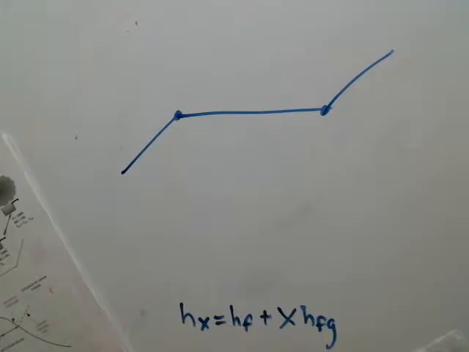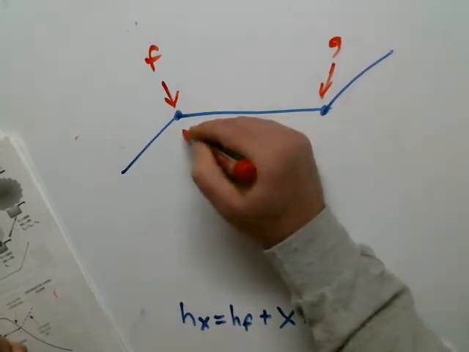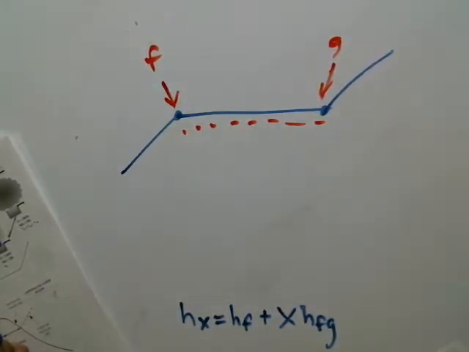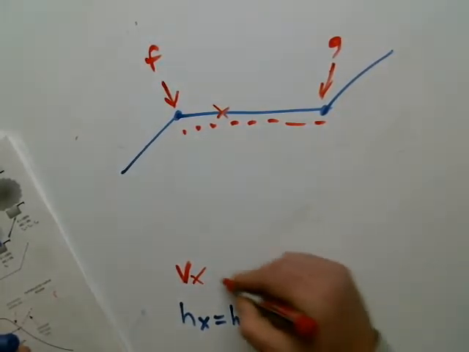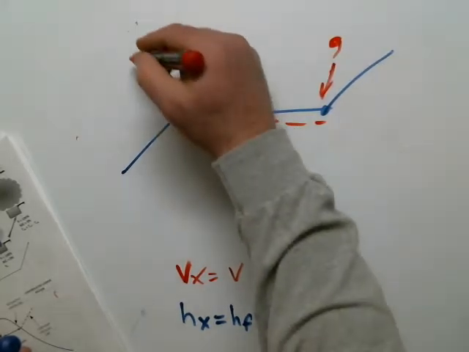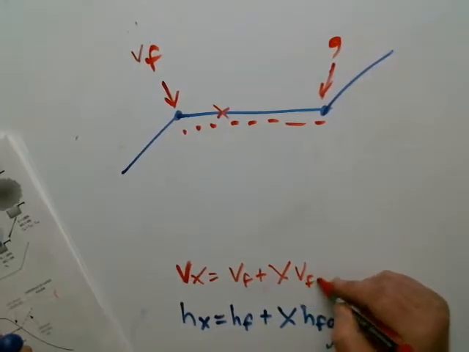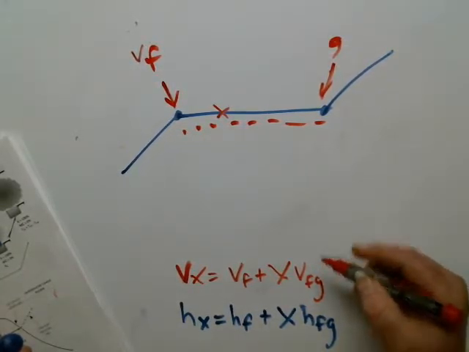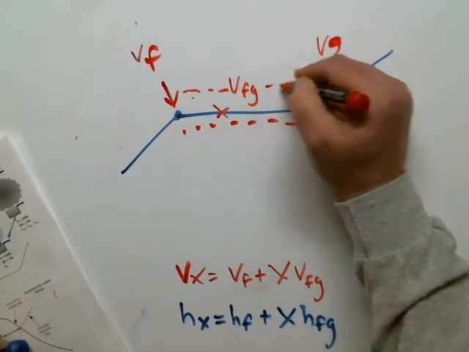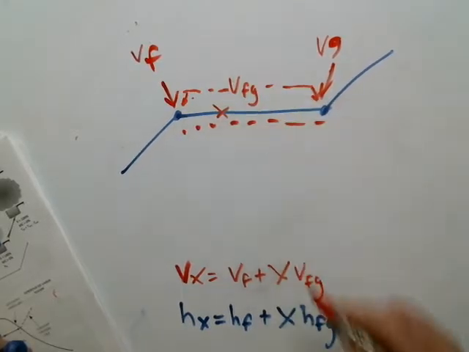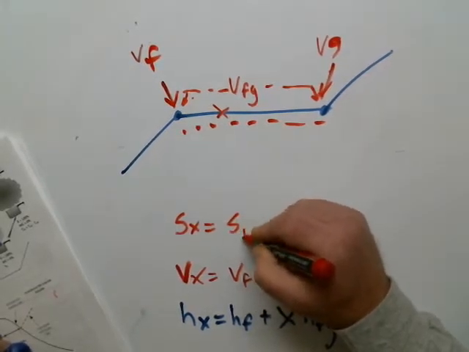In between these 2 points, the F point and the G point, if I want to find out a property anywhere along that line, let's say I want to find the specific volume at a certain point, it's going to be equal to the specific volume at F plus quality times V sub Fg. I can figure out the entropy at any point along there. It's equal to